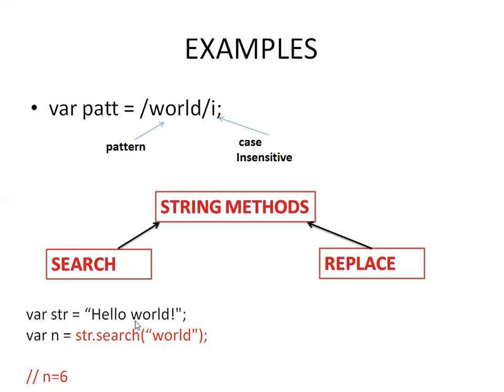So here the specified string object is nothing but hello world. So from the string object, we are searching the word world. Okay. So the starting position of the word is, as we all know, the string index starts from 0. Therefore, h is located at 0, e is 1, l is 2, and this l is 3, this o is 4, and the space is 5, and w is nothing but 6. Therefore, the starting position of the word is nothing but 6.